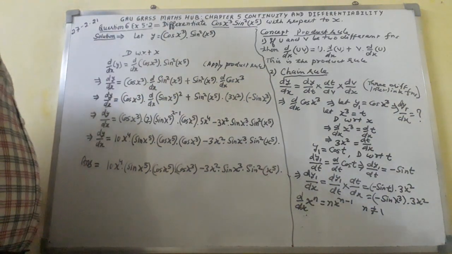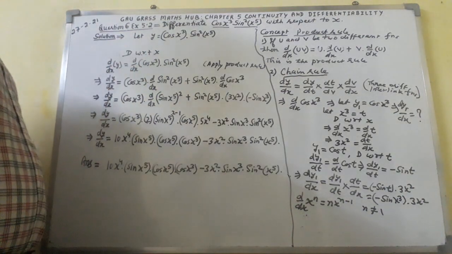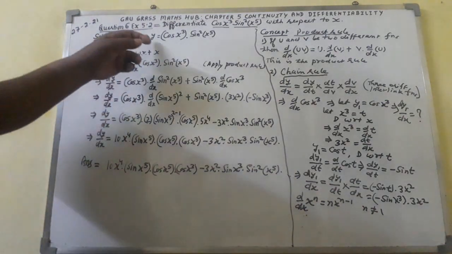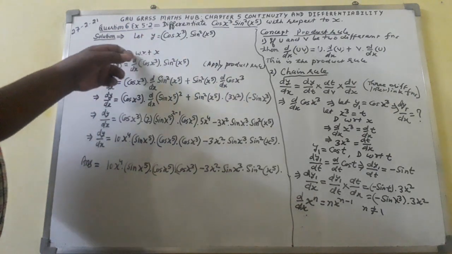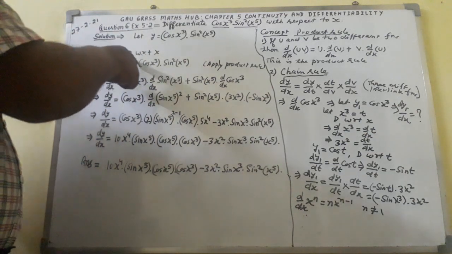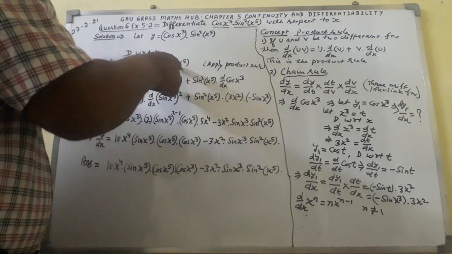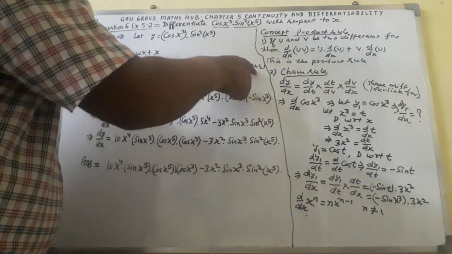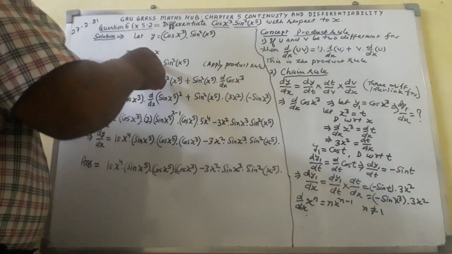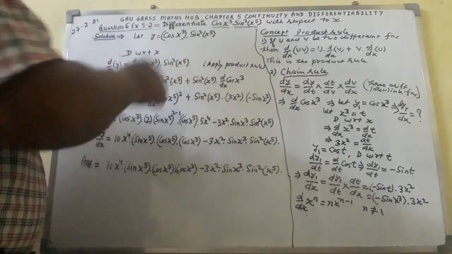I shall differentiate with respect to x here. d w r t x means differentiating with respect to x. This function is going to be differentiated with respect to x. So I have written d over dx y equal to d over dx of cos x raised to power 3 dot sin square x raised to power 5. Here I shall apply the product rule. Cos x raised to power 3 is the first function and sin square x raised to power 5 is the second function.